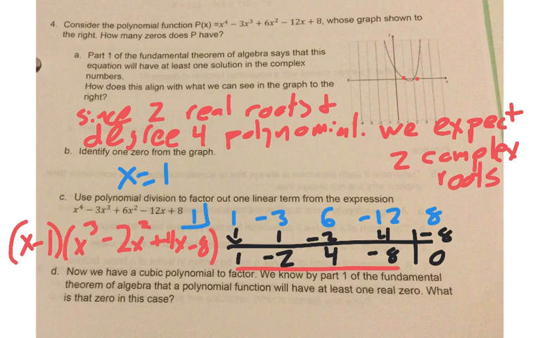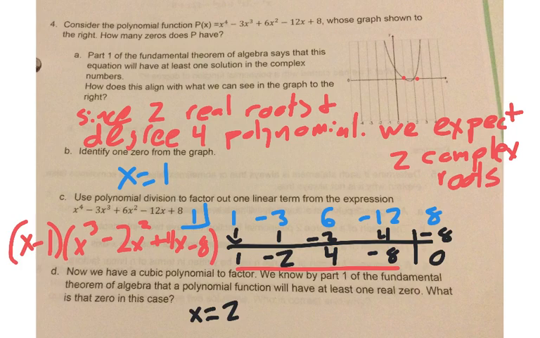So what I need to do is synthetic again on the depressed polynomial to get that down to another linear factor and then the quadratic factor. So because it appears the other real 0 is at 2, we're going to do synthetic again at x equals 2